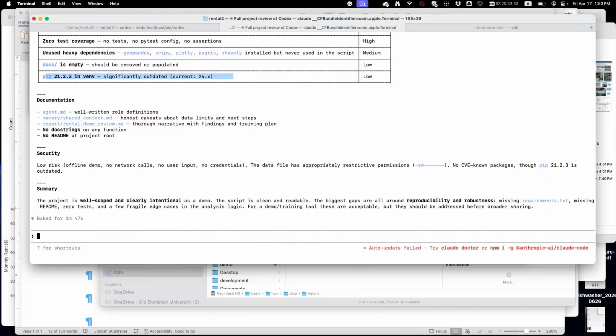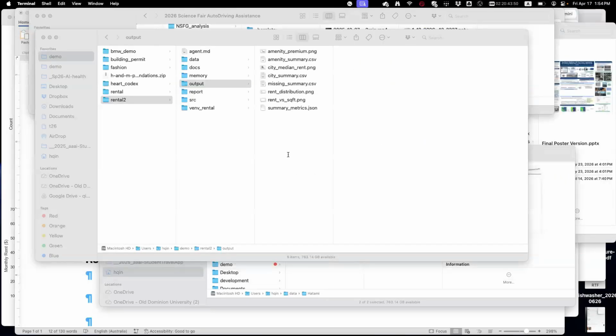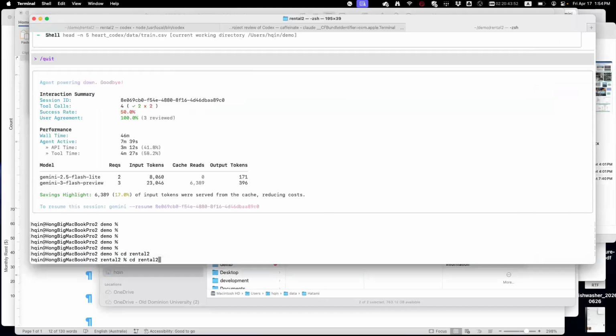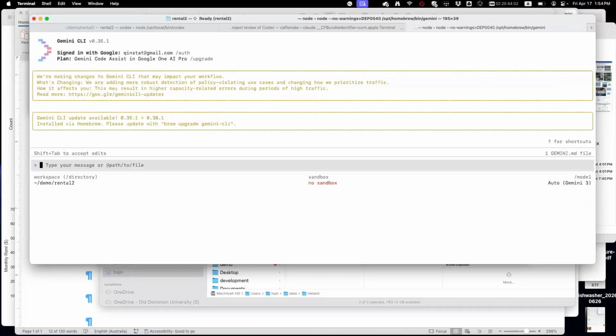Okay, then I would say, suggest how to improve the visualization component of this project. And I can go back to Gemini again. But Gemini, surprisingly, is one of the slowest agentic AIs.